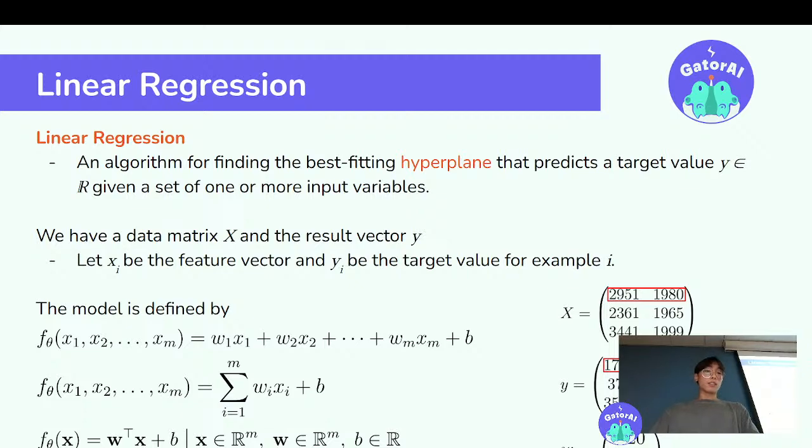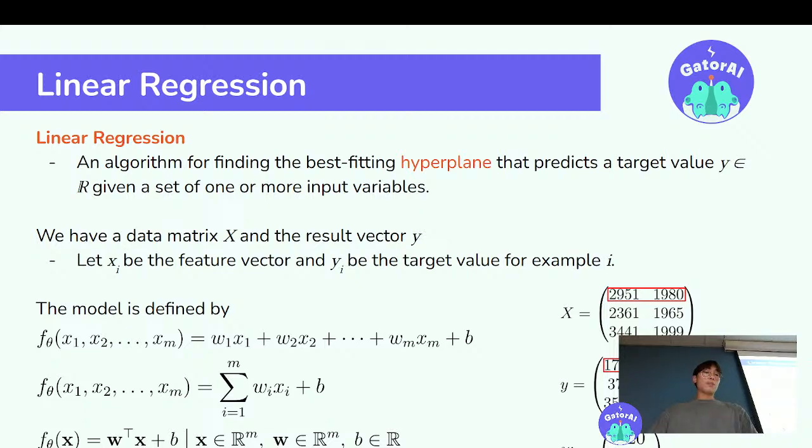And so the model is defined by f theta of X. You pass it some set of features, and it outputs a value. It's basically just linear weights: you multiply a weight by the first feature you give it, a weight for the second feature, and so on, and you essentially get a scalar value, which is the value you're trying to predict. And we also add the intercept, because we have to have the intercept.